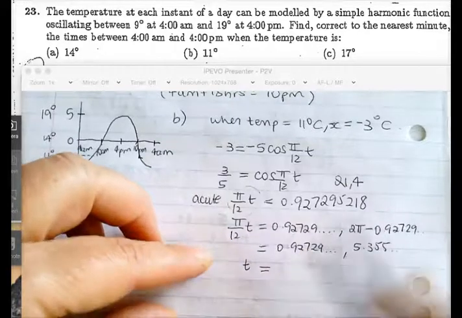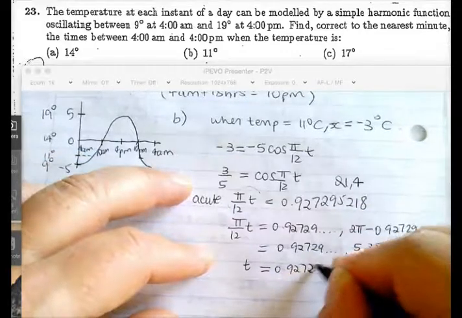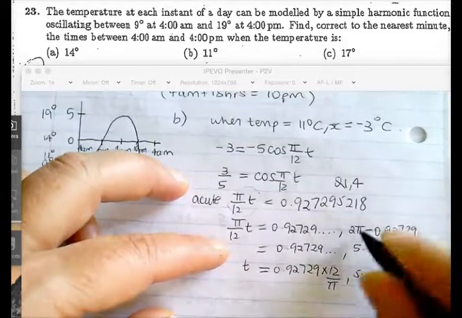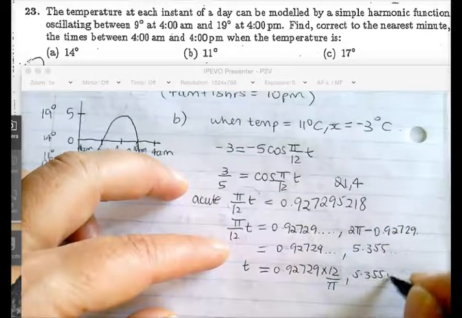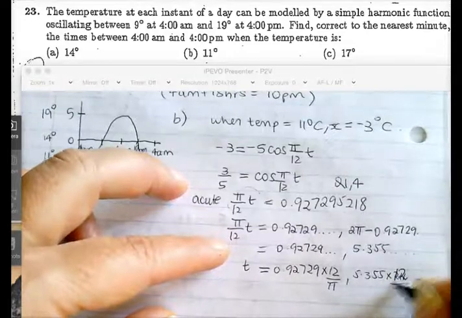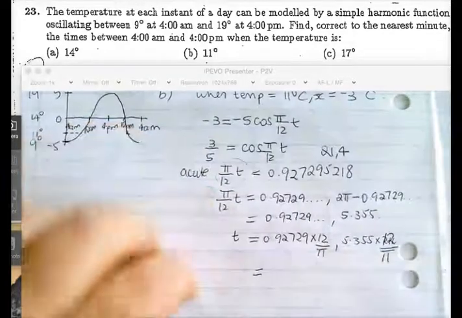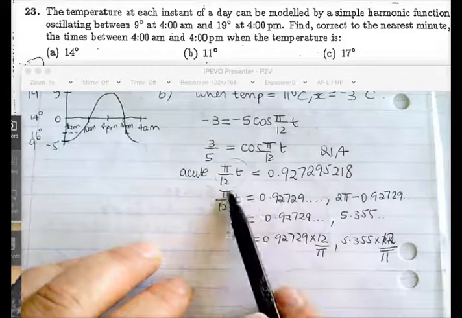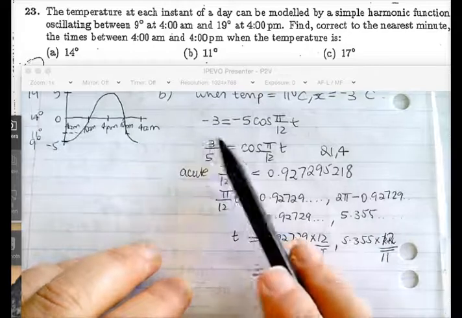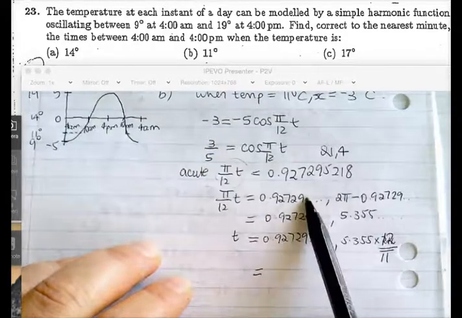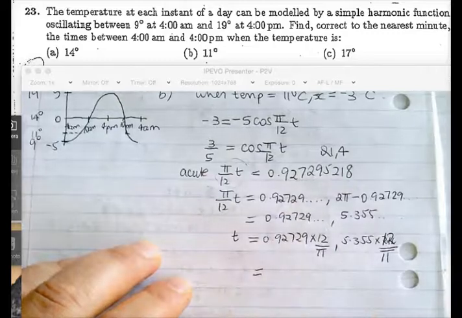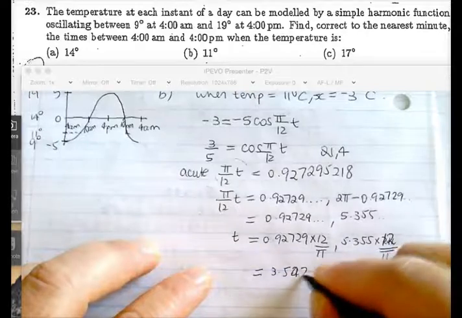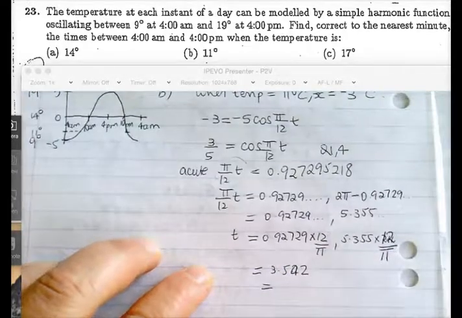You okay? So you better not clear your answers. Times 12 divided by pi, and that one you'll have to redo. So you have to do 2 pi minus that times 12 divided by pi. So I need some times. So just do the first one on its own. Shift cos in radians 3/5. You'll get that, then times it by 12, divide by pi. Yeah, 3.542, but no, go degrees and minutes before you do anything else. The other one is